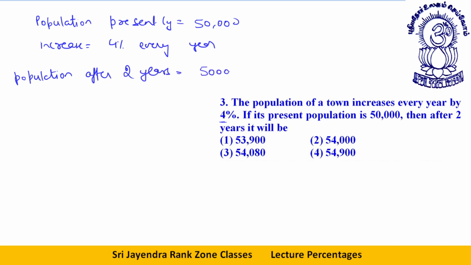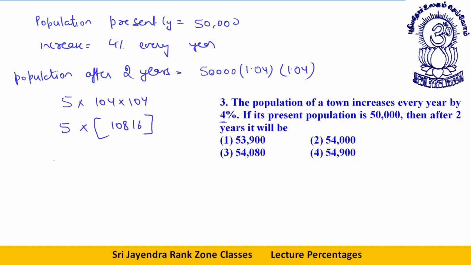See, 50,000 is right now. After 1 year, it will be 4% increase. I can say 1.04. Again, 4% increase after second year, 1.04. So what you need to do is multiply this. Two decimals will be removed from here, two decimals from this. So I can say 50 into 104 into 104. In 2-3 classes back, I told you how to calculate the square of numbers bigger than 100. This is 104. 4 more than 100, you add 4 to it and write the square of 4. So easily done. Okay, so this is 16 into 5, 80, 08 into 5, 41 into 5.